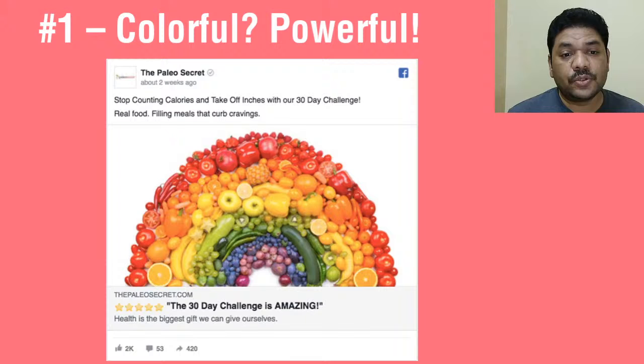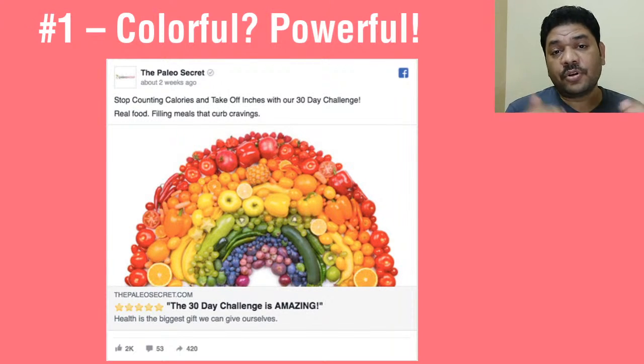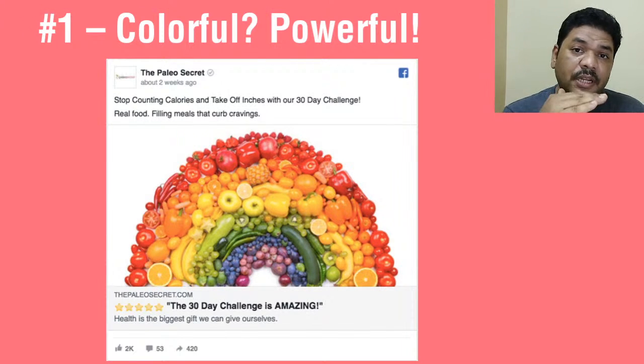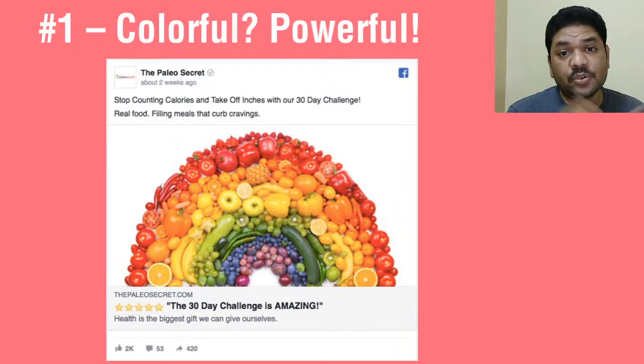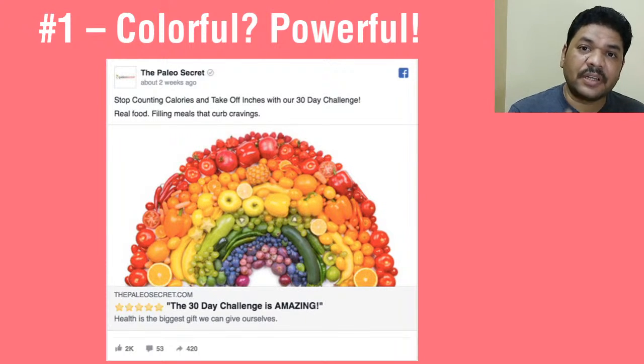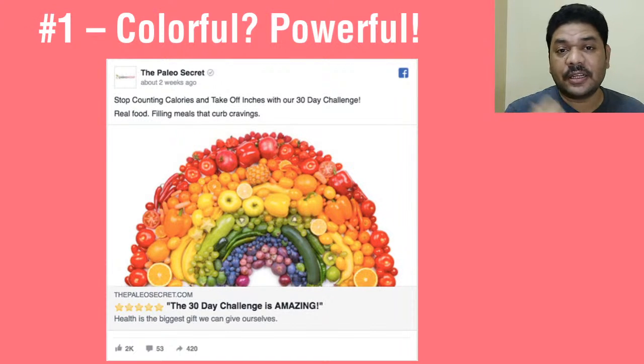The entire assembly of fruits and vegetables in a form tells about a vegetarian food concept. That's why I say this image speaks a thousand words for their brand in a single image. Without even reading the content, we can conclude that this image is going to tell something about colorful vegetables and fruits. So it's more important.